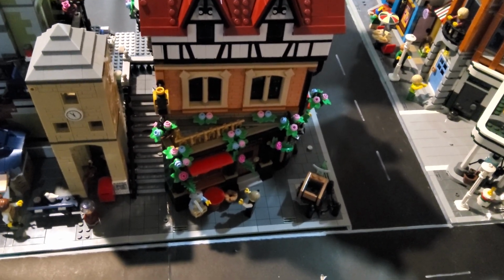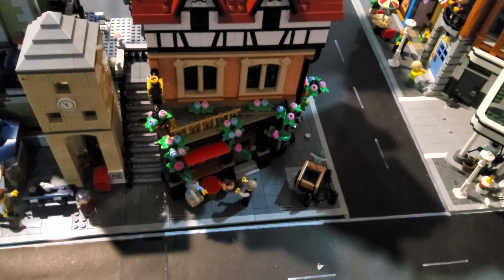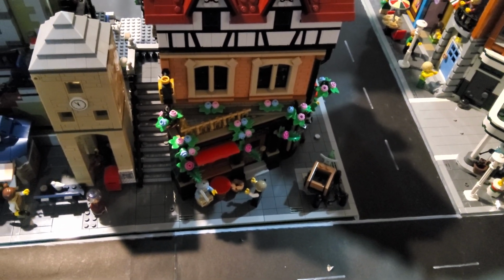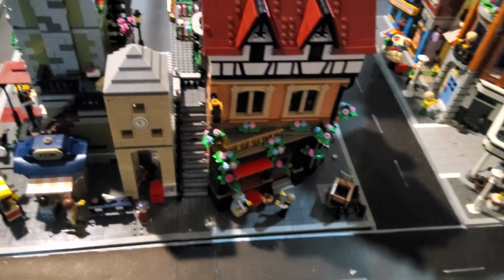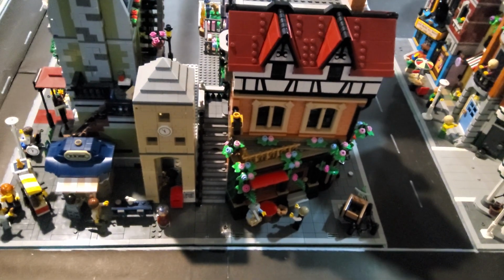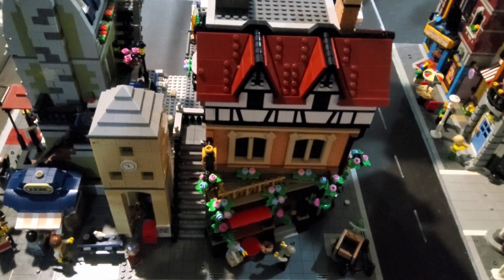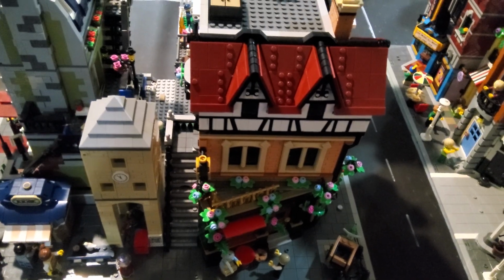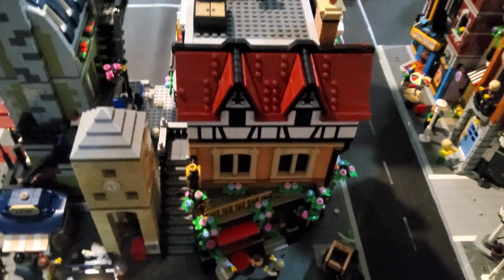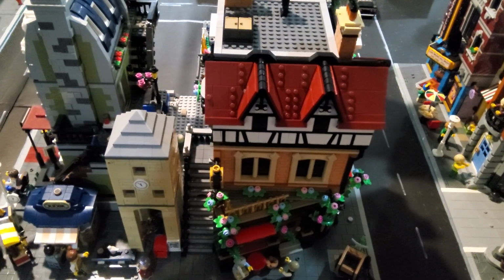Today I've got my thoughts on set 10350, the 2025 modular building, the Tudor Corner. And overall, this was not a bad build, but if I had to rank the modulars for the ones that I have, this wouldn't actually be